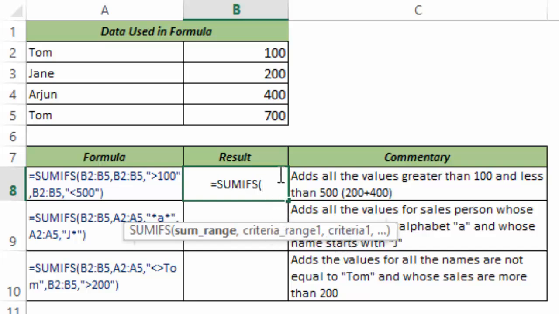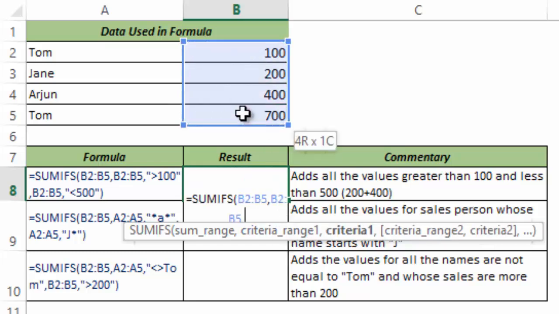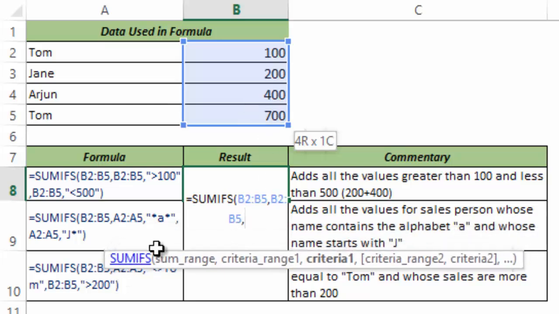Now let me show you an example by selecting B2 to B5 as the sum range. So these are the values that would be added. For criteria, I could have either the same range or I could have some other range, and I would make my criteria based on the selected criteria range. So in this case, let me select the same range as the sum range. My criteria range is also the same. Now as third argument, I would have to specify a criteria, and in this case it is greater than 100. So I'm saying that in your criteria range you look for numbers that are greater than 100.